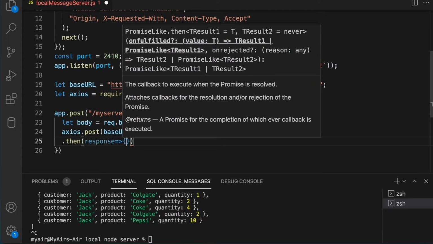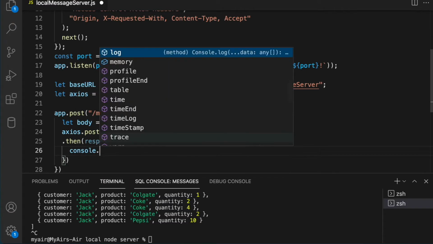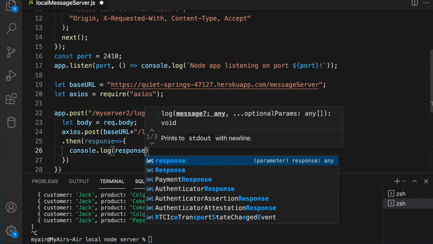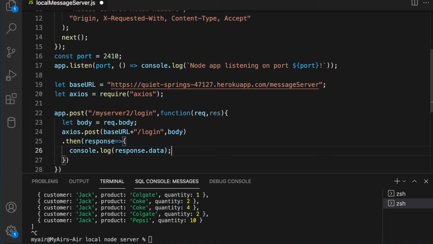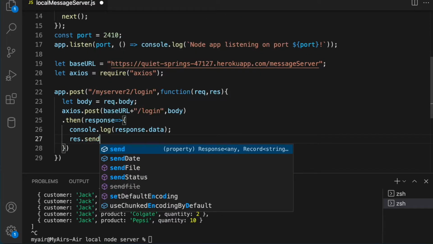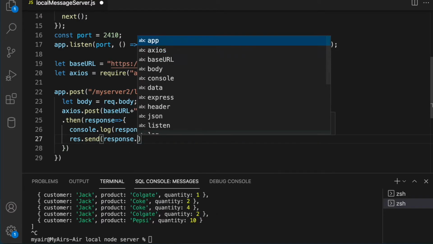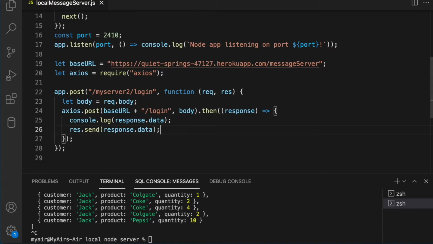Response goes to console.log response.data, and then we can just set response.send response.data, dot catch